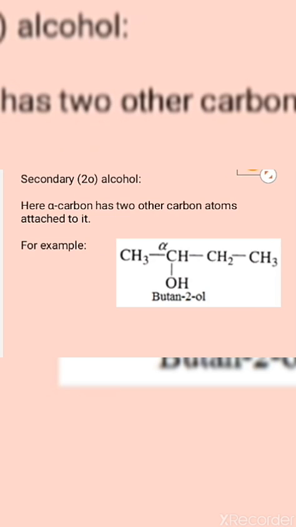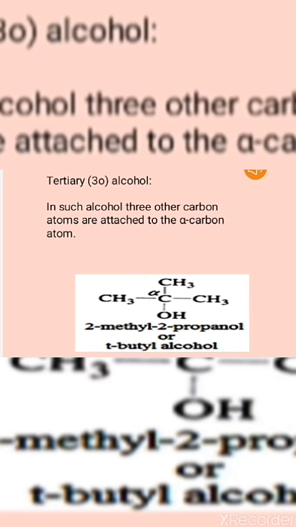Second category is secondary alcohol. In secondary alcohol, the alpha carbon is bonded from two carbons, or from two sides, with carbon atoms. Tertiary alcohols means the hydroxyl group is bonded with a tertiary carbon. Tertiary carbon means a carbon which is bonded from three sides with carbon atoms. And